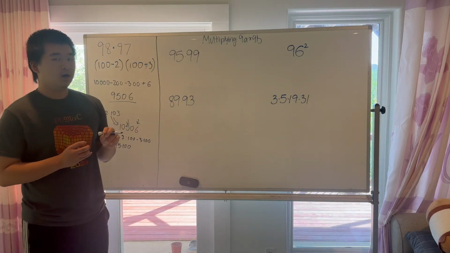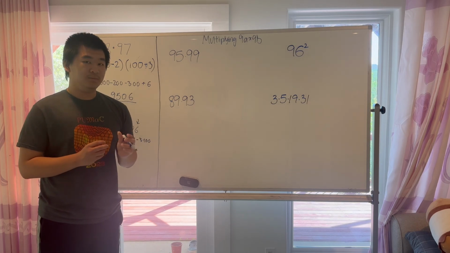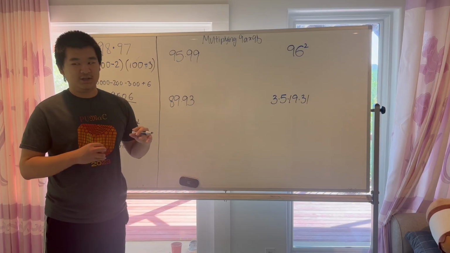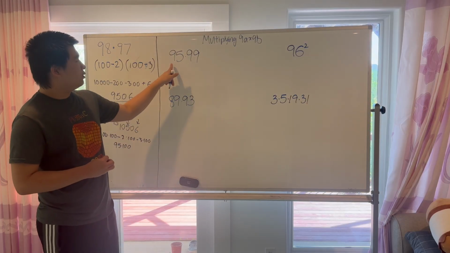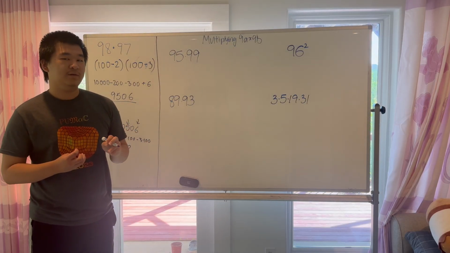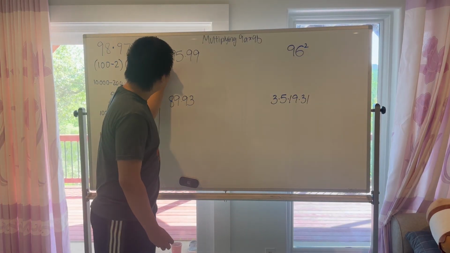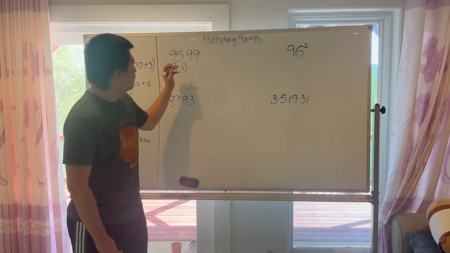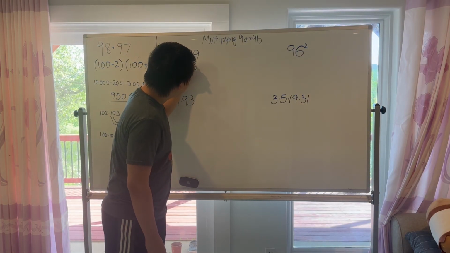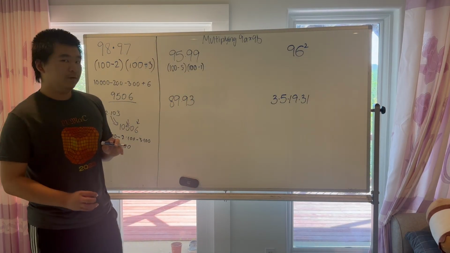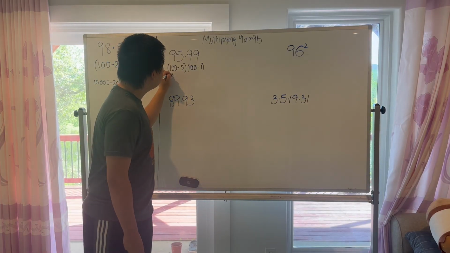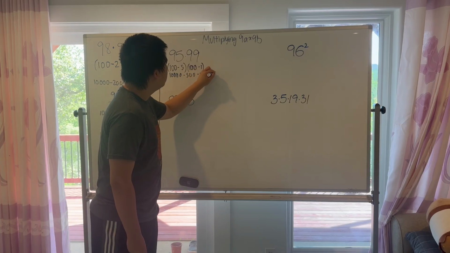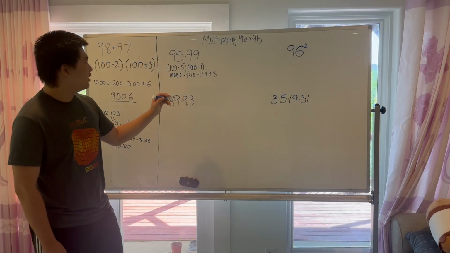So if you saw my how to multiply by 99 video, you might want to use that, but I would actually say that using the 90s trick is easier here. So once again, what we would do is write 95 as 100 minus 5, and we would write 99 as 100 minus 1. Once again, when we FOIL this out, we're going to get 10,000 minus 500 minus 100 plus 5. And what this gives us is